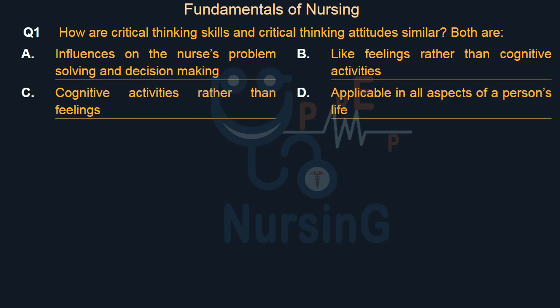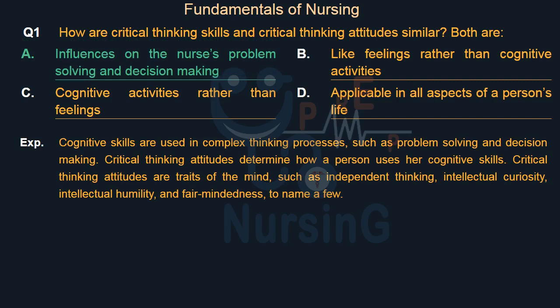Right answer is Option A. Influences on the nurse's problem solving and decision making. Cognitive skills are used in complex thinking processes, such as problem solving and decision making. Critical thinking attitudes determine how a person uses her cognitive skills. Critical thinking attitudes are traits of the mind, such as independent thinking, intellectual curiosity, intellectual humility, and fair-mindedness, to name